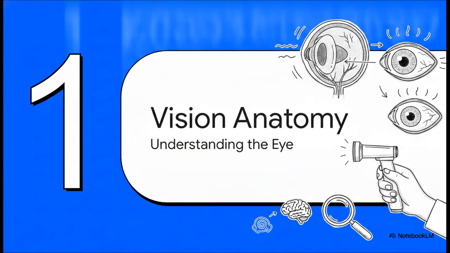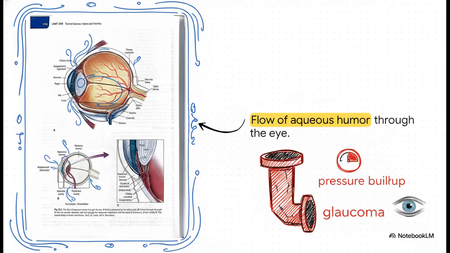All right, kicking things off with Section 1, Vision, Anatomy, and Assessment. So for point number 1, I want you to think of the eye like a tiny plumbing system. Notice the flow of aqueous humor. That's a fluid produced by the ciliary body. It flows right through the pupil into the anterior chamber and then drains out. But if that drainage pathway gets blocked, the fluid backs up and intraocular pressure skyrockets. It's super important because that exact physiological setup is what causes glaucoma, which is a massively tested disease process on